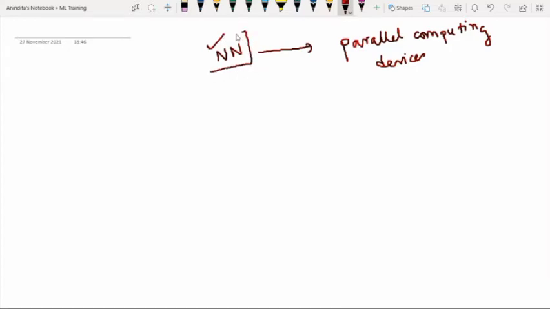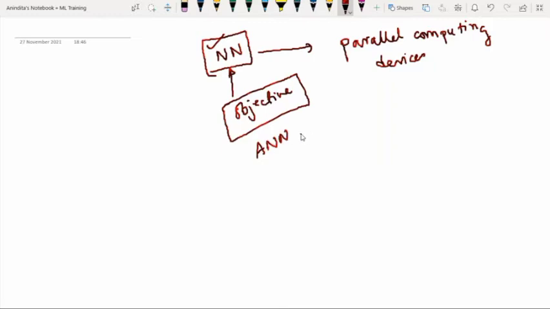But whenever we are designing something, say we are going to create an artificial neural network, first we have to understand what is the objective of designing this neural network. See, the objective is to develop a system to perform various computational tasks faster than the traditional system. So whatever traditional hard computing mechanism we have, here we are going to design some mechanism through ANN so that we can perform faster computational tasks. So this is the main objective.